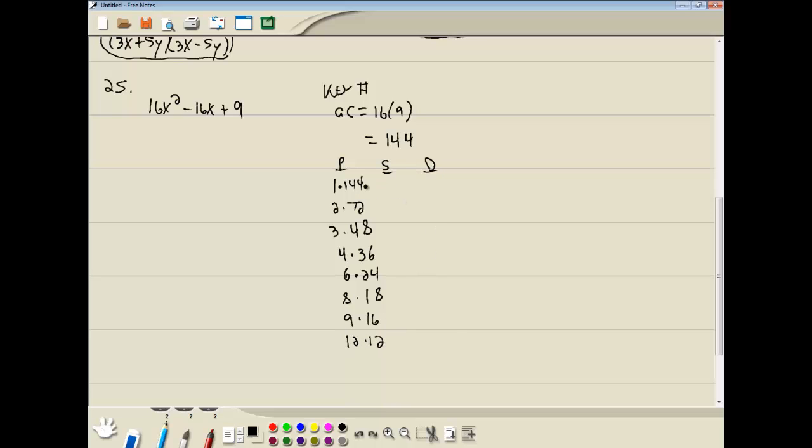Okay, so add them. 1 plus 144 is 145, 74, 51, 40, 30, 26,